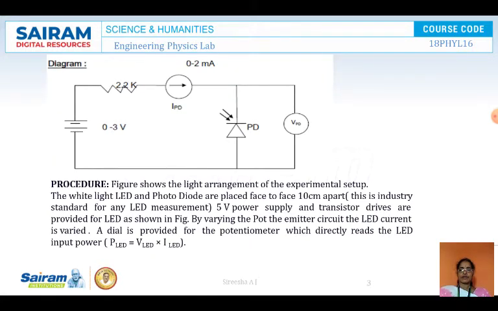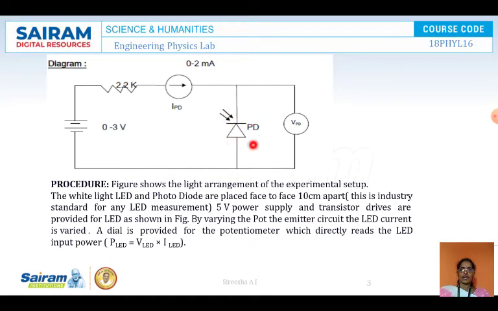The experimental setup is already given. You can see the demonstration to see the setup here. Here you can see the circuit diagram where there is a photodiode over here. This is the circuit symbol, where light is allowed to fall on the photodiode. There is a difference between a photodiode and a normal diode. For a normal diode, these two arrows will not be there. Here, photodiode means the light is allowed to fall onto this. So this is the symbol of a photodiode.